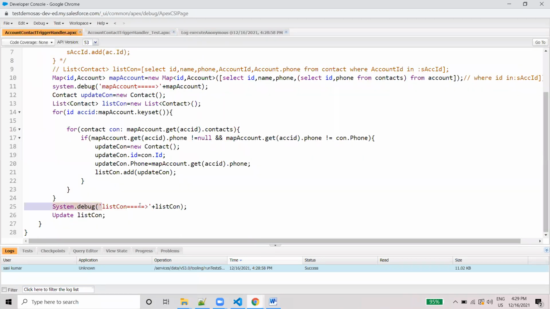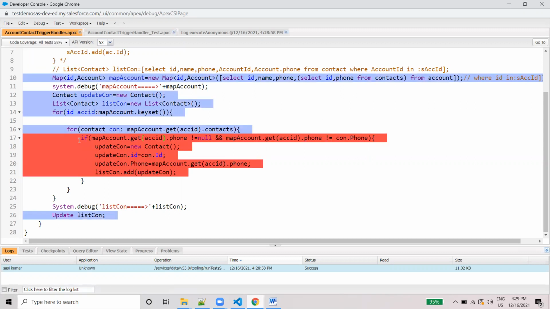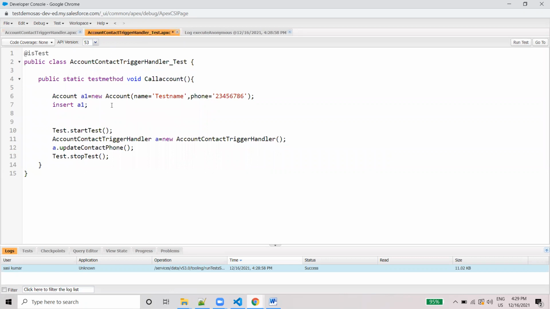The block runs only if the parent has child records. You can see here this block is not covered, because we gave only the parent record and there is no record in the child. If there is a child record, only then will it go inside. For that we need to write the data for the child as well.